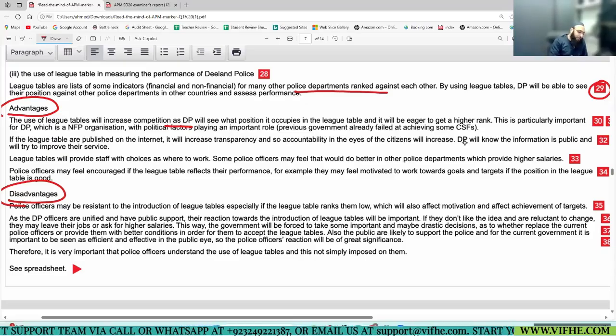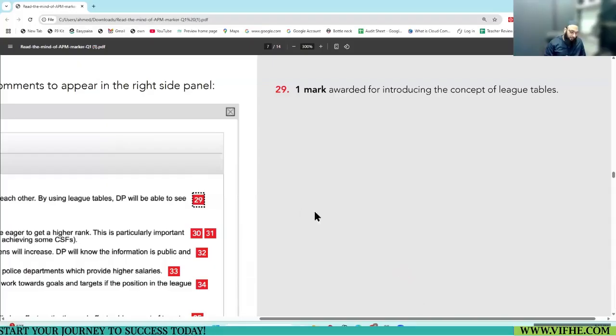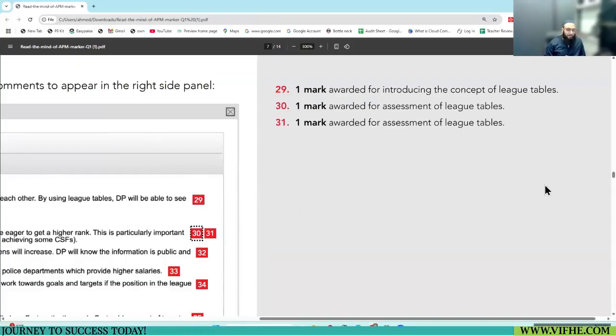This is particularly important for police, which is a not-for-profit organization with political factors playing an important role and the previous government failed to achieve. Do you think this is the right benefit for the police service? Yes. This statement is correct. This assessment is correct. Now, this is the benefit of league table. The usage of league table is being evaluated. Both the points were marked.